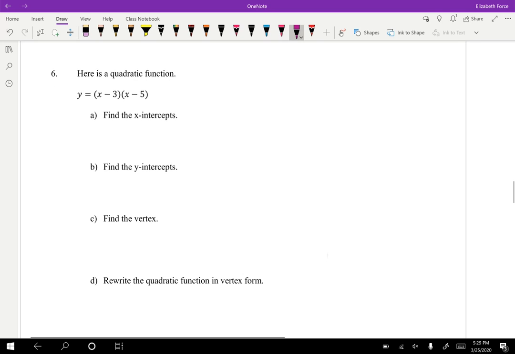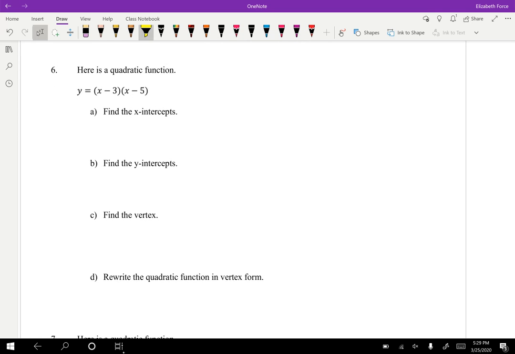In problem number 6, it is giving you a function. So here's your quadratic function, and it's going to ask you for the x-intercepts, the y-intercept, the vertex, and then they want you to rewrite it in a different form, the vertex form. So we want to remember the 3 forms we've done so far, which is vertex form, standard form, and factored form. This one that they gave you is already in factored form,